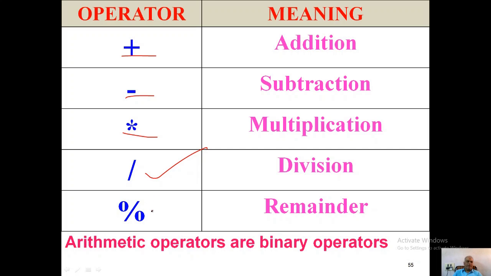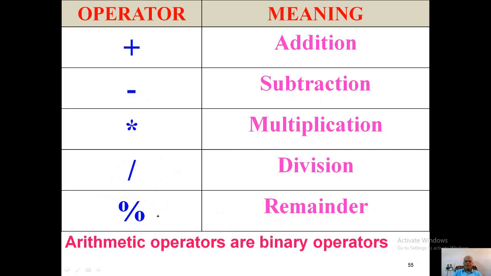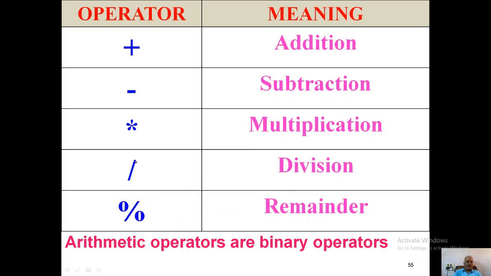Next, if either operand is float, the result is also a floating value. So here you need to check whether both are integers or either one may be a float. If both are integers, then it automatically truncates the result as an integer. Otherwise, it can be a float. The modulus operator cannot be applied on floating point numbers. Always remember that. So these are the binary operators.